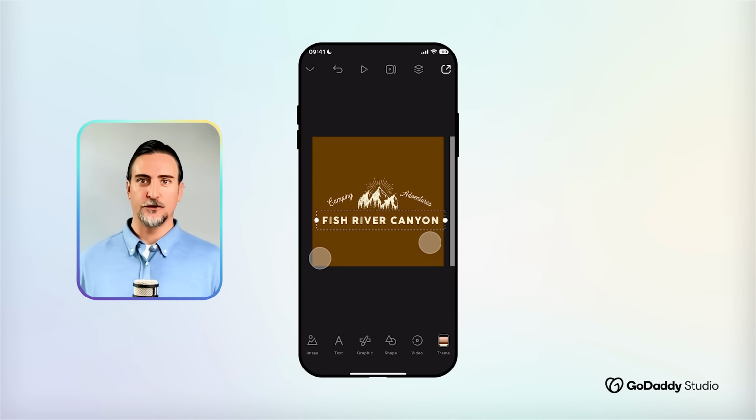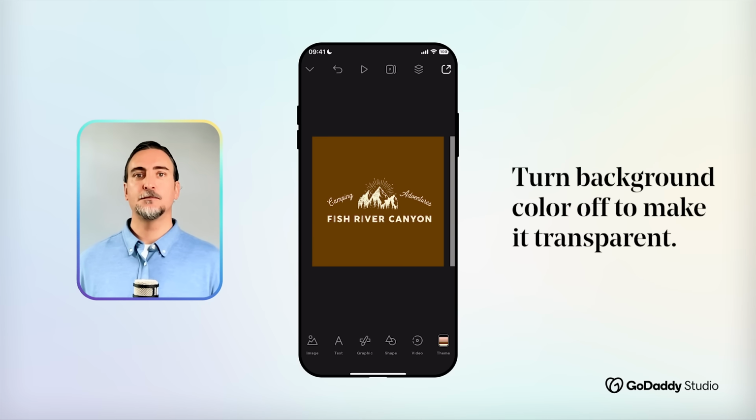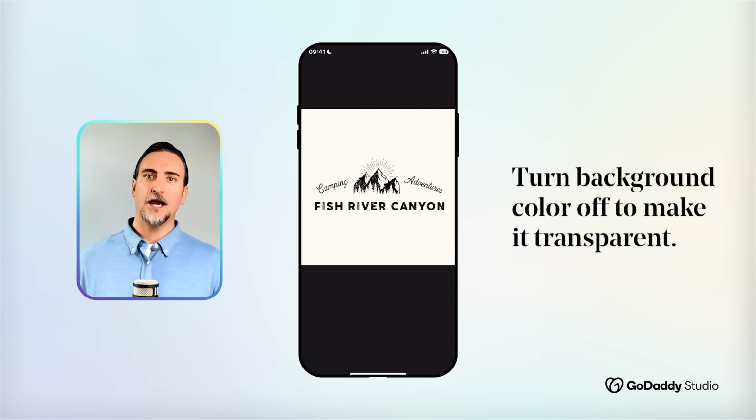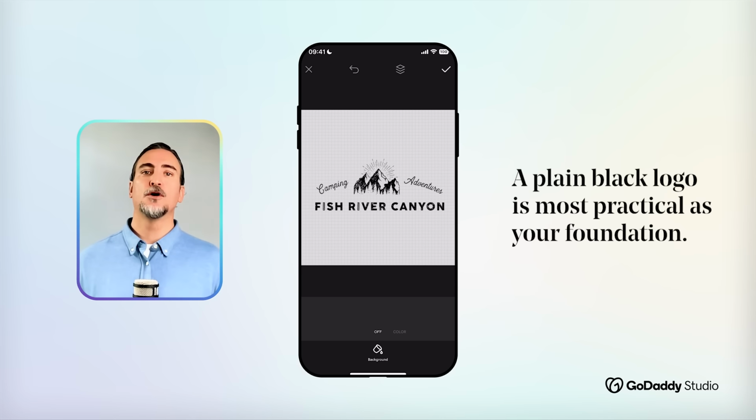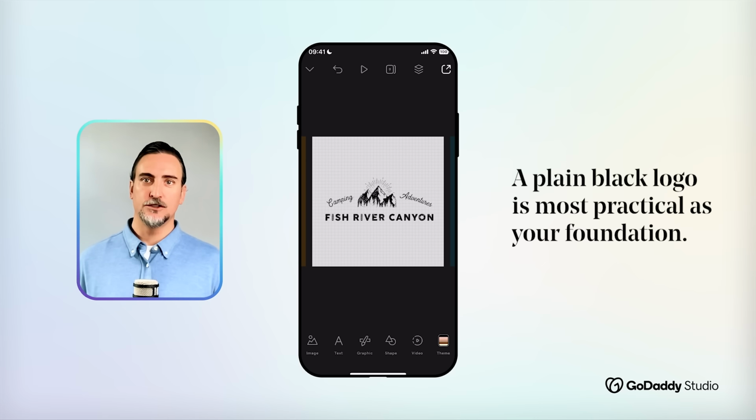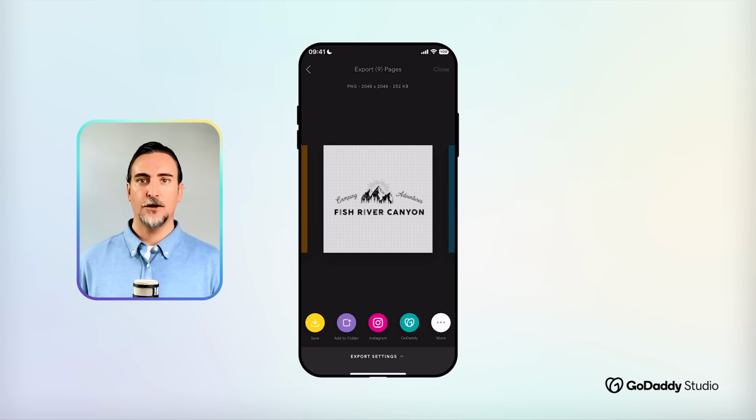Okay, so first things first, before you export your logo design, make sure you have it on a transparent background by turning the background color off. Your logo might have very specific colors, but for single color logos, it's most practical to export a plain black version, giving you the option for color versions. I'll show you in a second how you can play around with color combinations once you have your logo saved